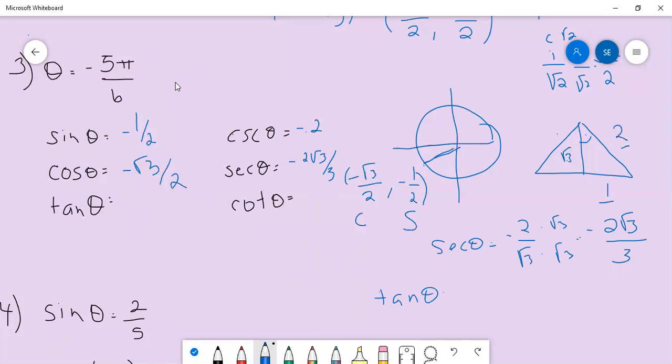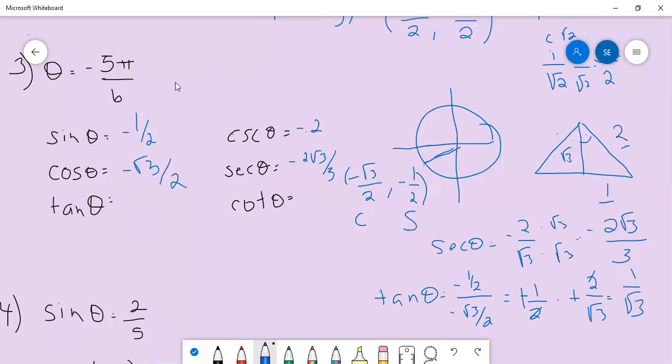So tan of theta is going to be our sine, which is -1/2, divided by our cosine, -√3/2. So when we divide by a fraction, it's like multiplying by the reciprocal. So this is -1/2 times the reciprocal of √3/2, which is -2/√3. So our 2's are going to cancel out. Our negative times negative is going to be positive. So this is equal to